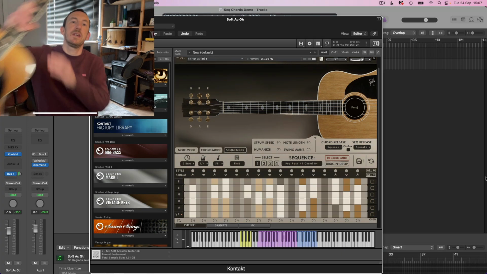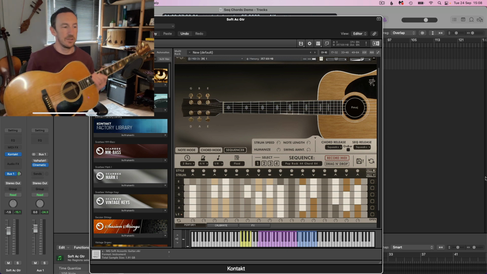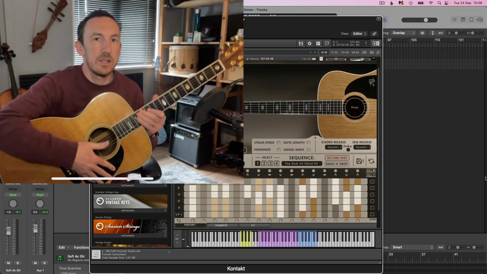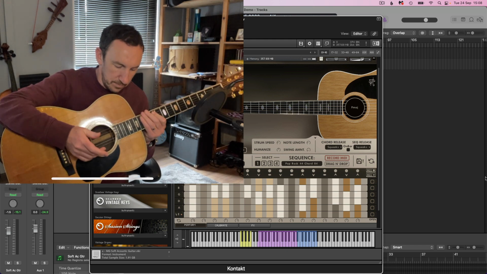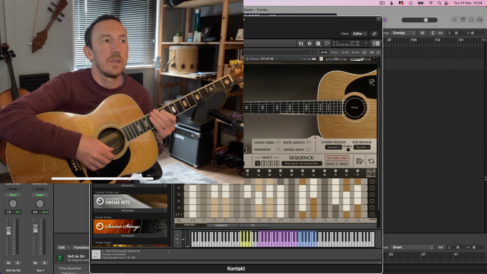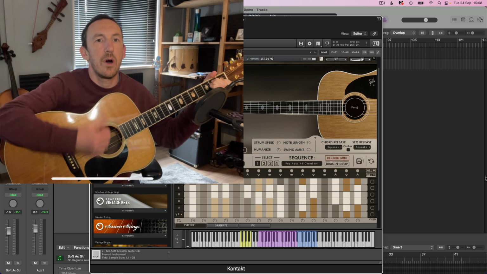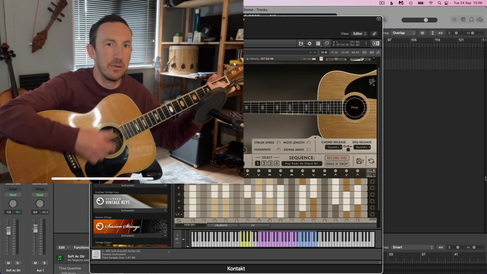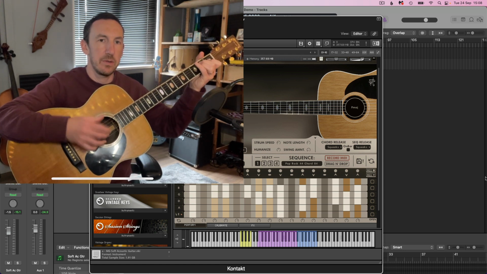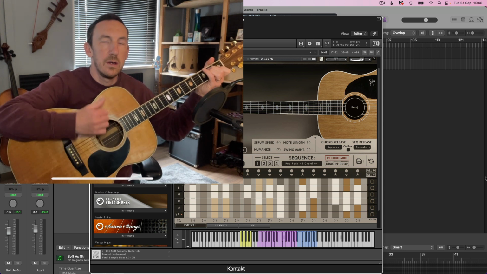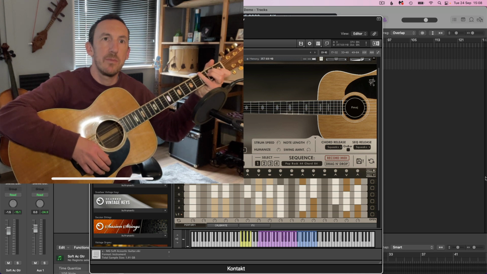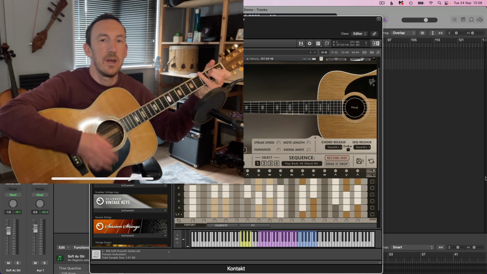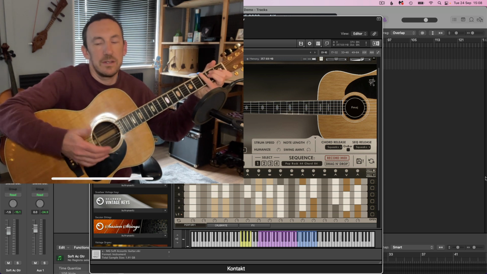I've actually got my Martin here, the very Martin that I used to create this thing. And if I just give you an example, I'm going to tap a beat. I've got a bit of a block here, if you can hear that. On the beat, I'm going forward, down, you could say from an up-down point of view, but I'll call them forward strums. Now in between the beats, I'll be going backwards, and when I combine those two in any kind of different ways,